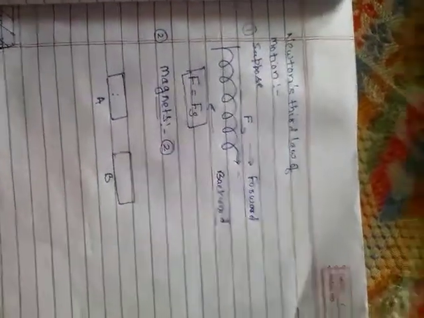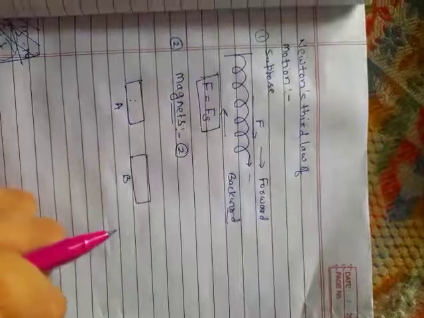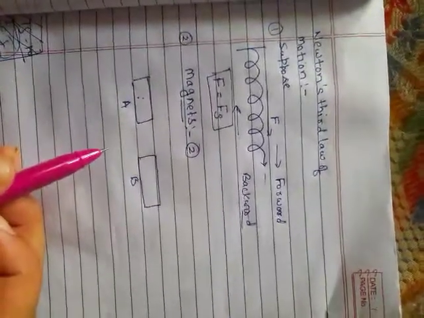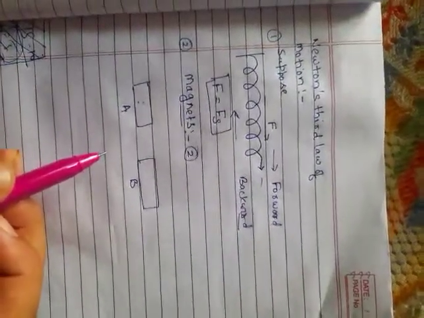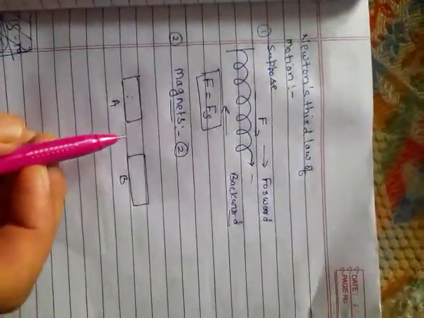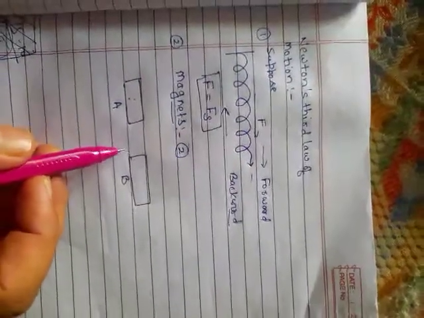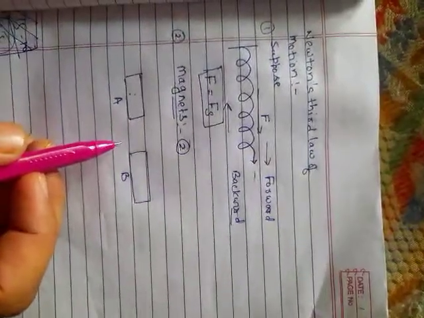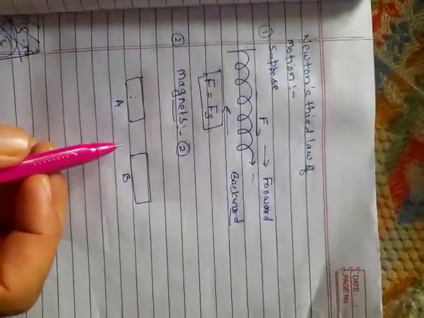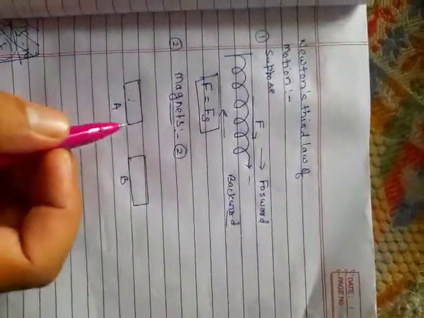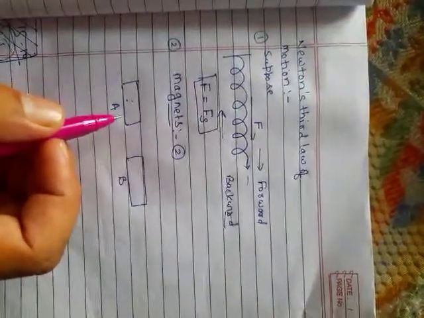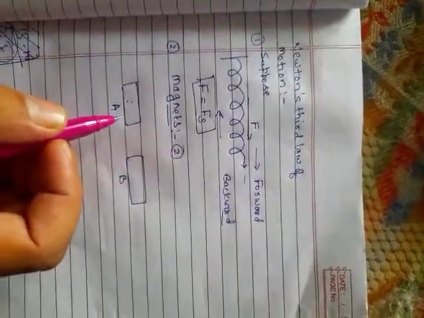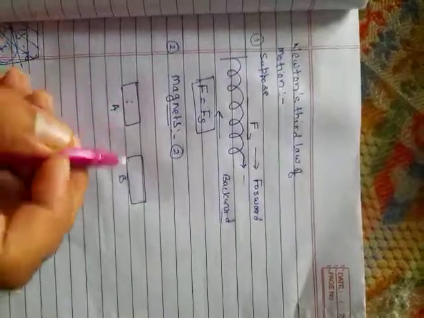Clear? So here we talk about attraction or repulsion. Will one magnet move or both magnets move towards each other? We observe that both the magnets will move towards each other only if the force between them is attractive. It means that both the magnets are under the influence of an unbalanced external force individually. In fact, magnet A is applying a force on magnet B towards the left direction.